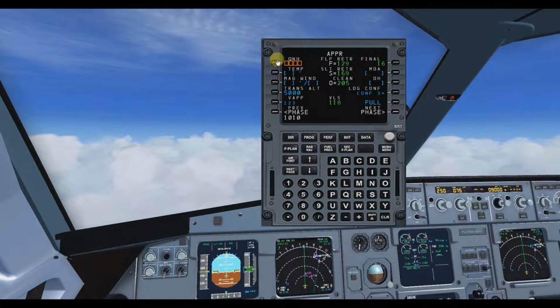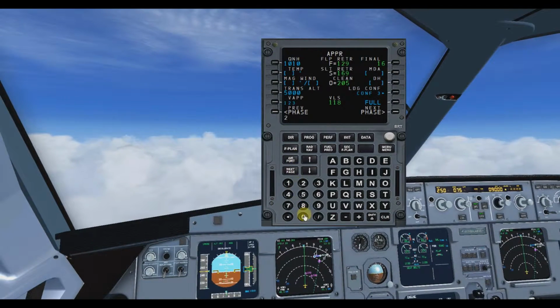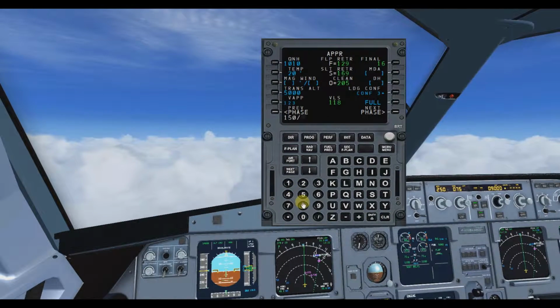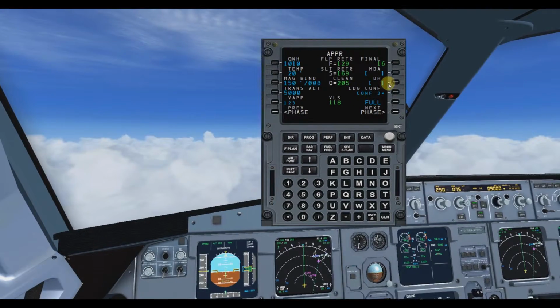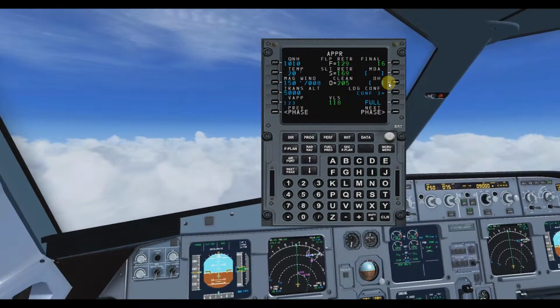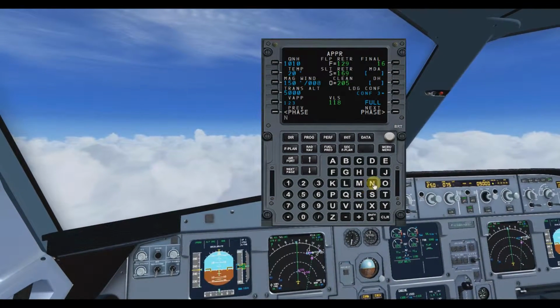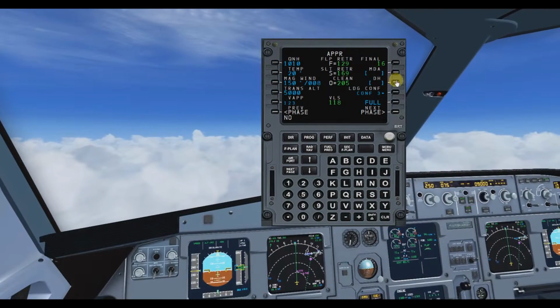out the performance approach page with the weather from Vienna. QNH 1010, temperature 20 degrees, the wind from 150 degrees with 8 knots. For this approach we do not have a minimum, so it's important to enter no into the DH, decision height